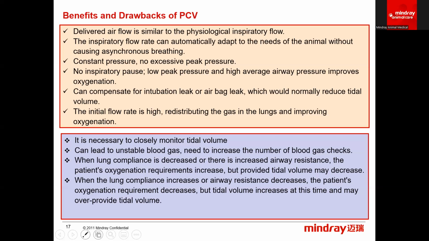And conversely, if lung compliance increases or airway resistance decreases, your patient may end up with a lower need for oxygenation because their lung condition has improved, but tidal volume may still end up increasing because of that additional lung compliance, and they may end up hyperventilated. So in this case, you may end up hypoventilating, and in this case, you may end up hyperventilating. So just things to keep in mind, and that's why it's important to have a savvy nurse or anesthetist running